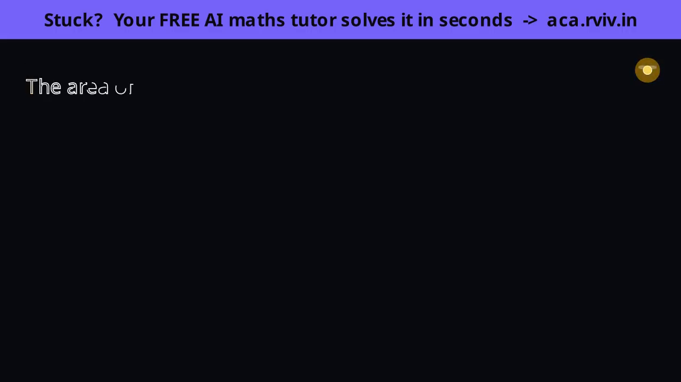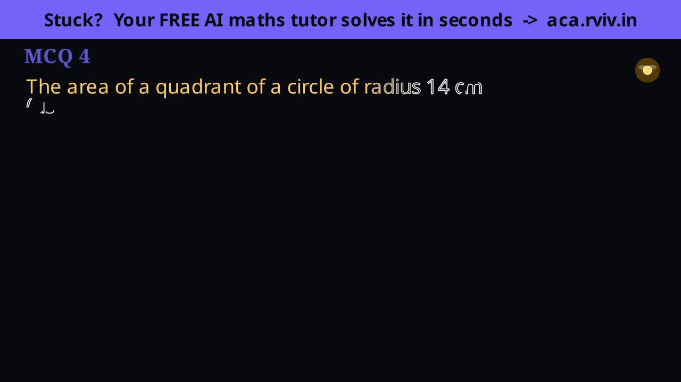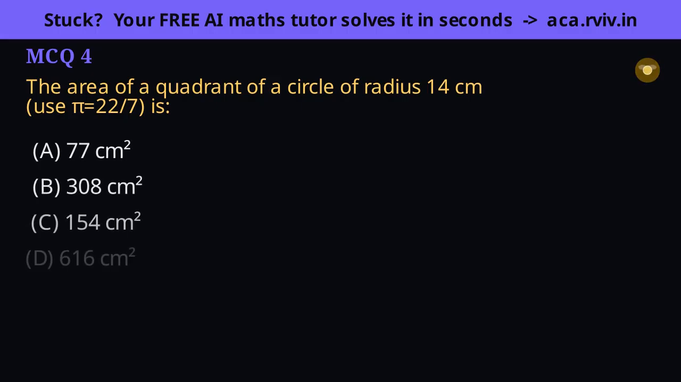Quadrant means quarter, a 90-degree sector, 1/4 of the whole circle's area. So we want a quarter of pi r squared with radius 14. Consider the four options. A quarter of 22 over 7 times 14 squared, 196. The 196 cancels the 7 to give 28, and a quarter of the resulting 616 is 154 square centimeters, option